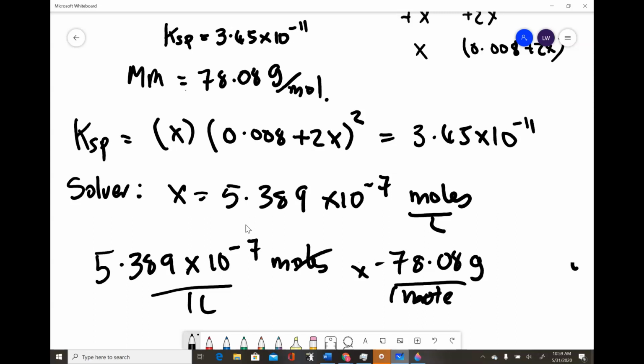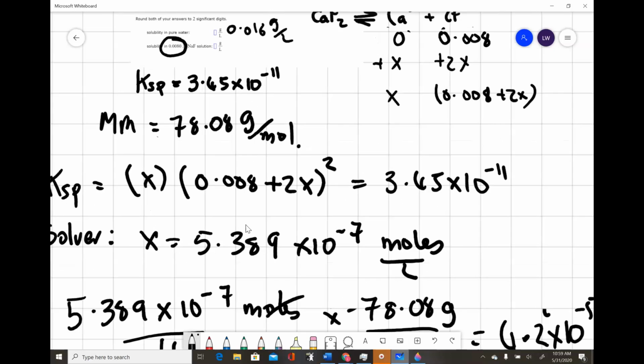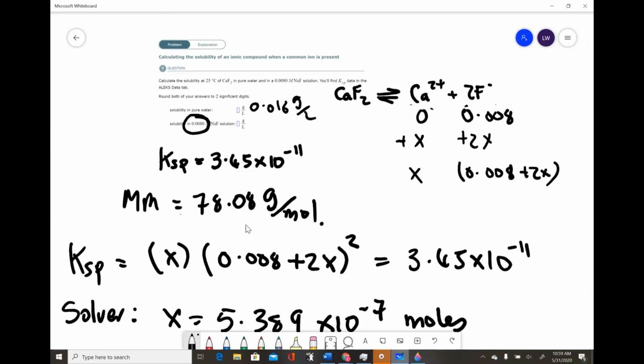So moles cancels out, leaves me with grams per liter. So I'm just going to do that now. My answer ends up being, remember we want 2 sig figs, 4.2 by 10 to the minus 5. So I'm going to have to put that in scientific notation, 4.2 by 10 to the minus 5 grams per